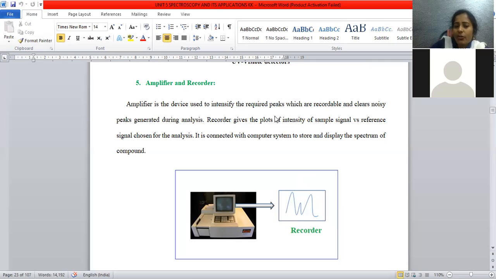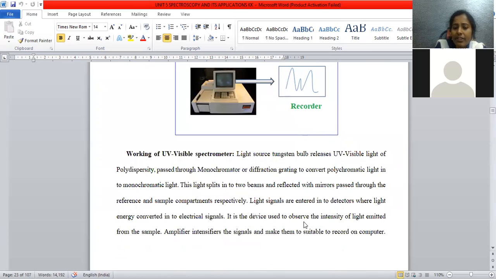This is because UV visible spectroscopy is associated with 3 types of transitions: rotational, vibrational, and electronic transitions.